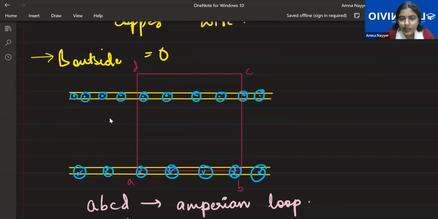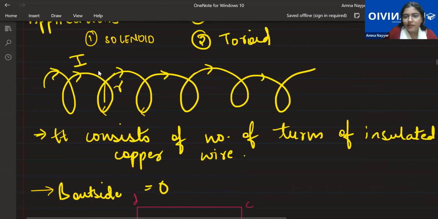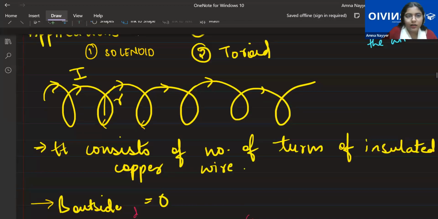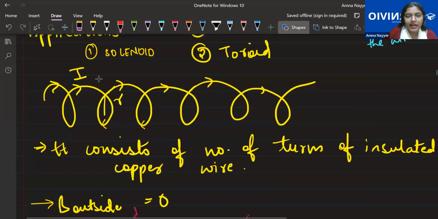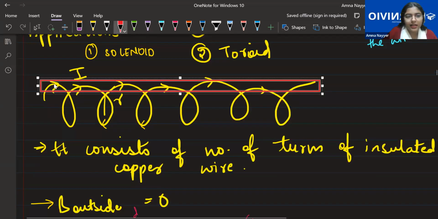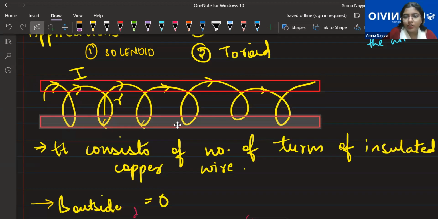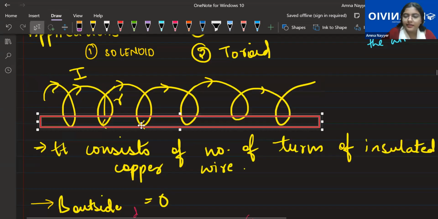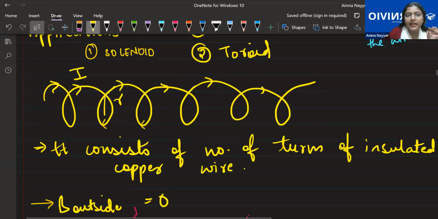Ma'am, I still didn't get how we got two straight lines when we had a helical spring structure. See, if I cut it like this from here and take this point, wherever the current is entering will give me the lines. Similarly, if I put the cut here, wherever the current is exiting, that we'll get. So you can just imagine lines drawn where current can be observed. It's not exactly where the wire is present.